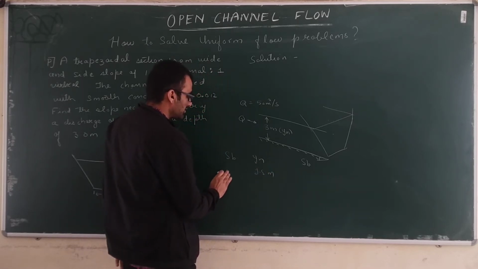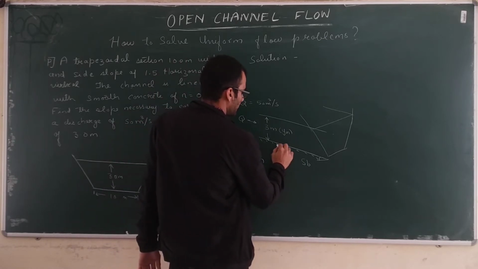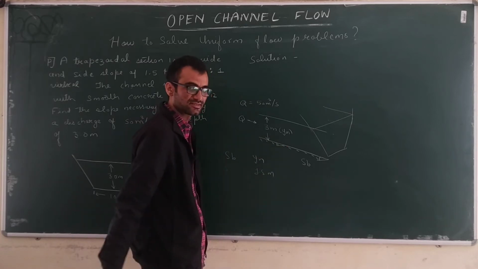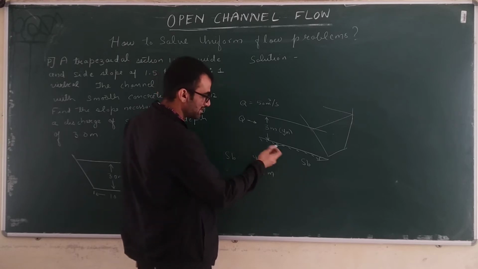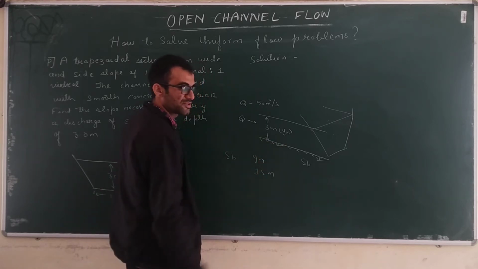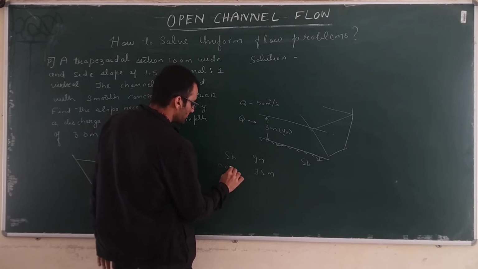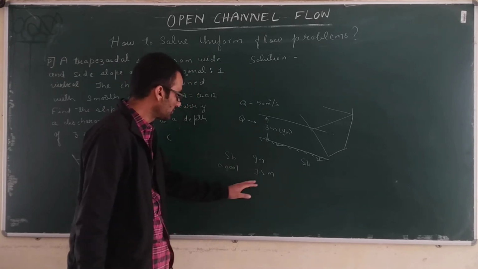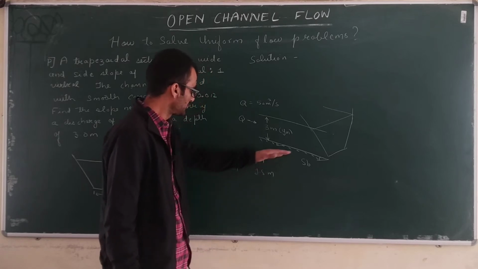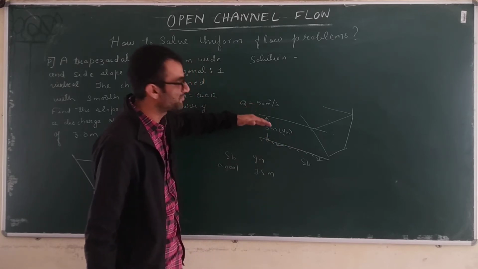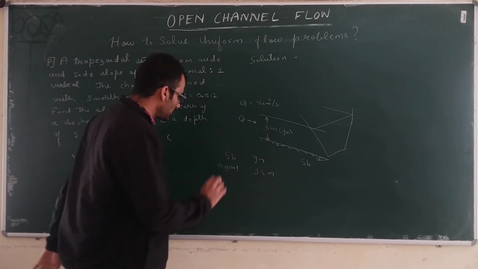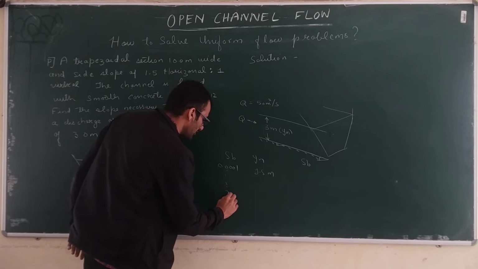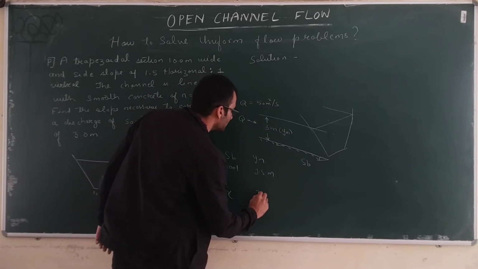Or slope in numbers you should say, slope is what? The vertical distance divided by the horizontal distance, isn't it? Or tan theta, or that is also equal to theta, since all the angles are very small, all the three things are one and the same. So Sb is suppose 0.0001. Then you will get yn as 1.5 meters. Suppose you go on increasing the slope, you will get some different yn. Your yn will decrease. If you reduce the slope, your yn will increase. So there will be one value of Sb for which you will get yn as 3 meters.